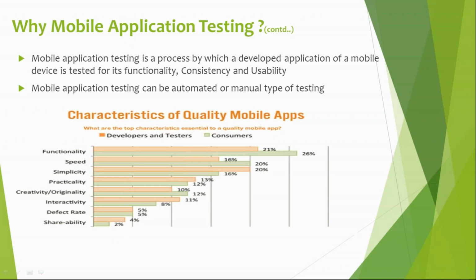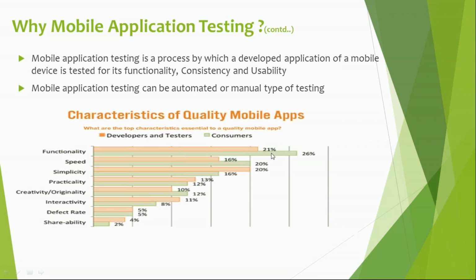So even the speed factor is very important when you do your mobile automation testing, or general mobile testing. It's not necessarily required to be automation. So 16% of your effort should be spent on speed testing, how fast your application is. Then as I told, simplicity makes the best in the market. So your application should be 20% simple enough. So if you see this major contribution, simplicity, practicality, speed and functionality, when you focus on all these, around 80 to 90% your app is a success, and you'll be working fine.